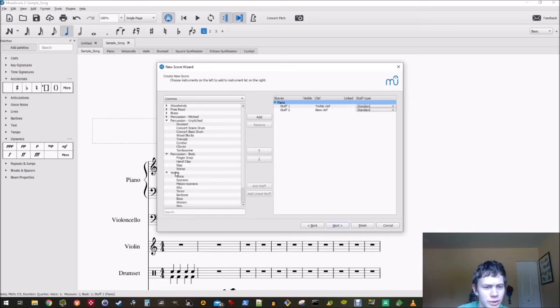They told me not to do drum set, but I'm probably not gonna do drum set. By the way, you can add in any instrument at any time if you need to. If you miss an instrument, it's pretty simple. You just have to go to Edit Instruments and then